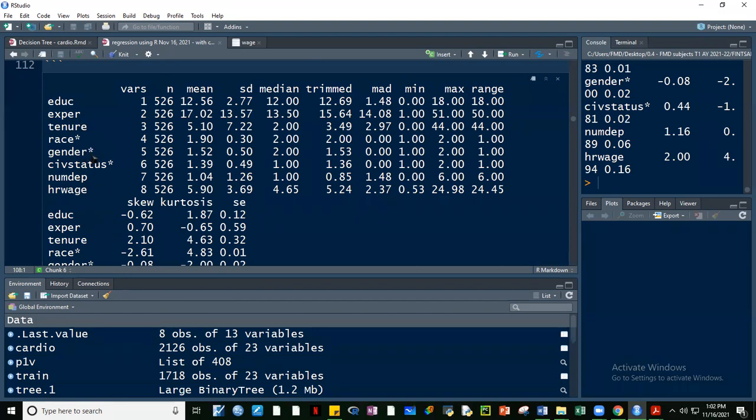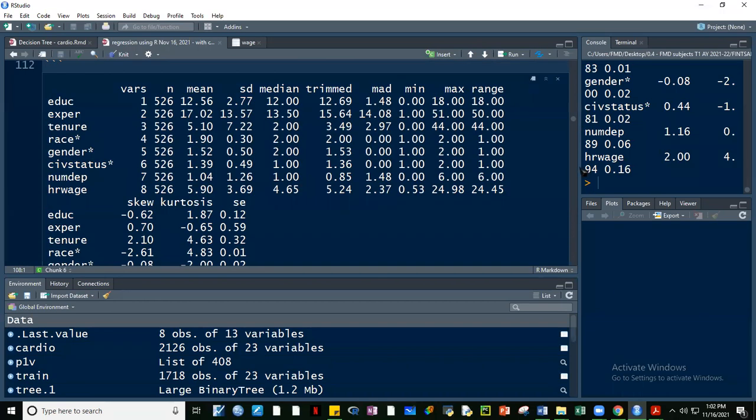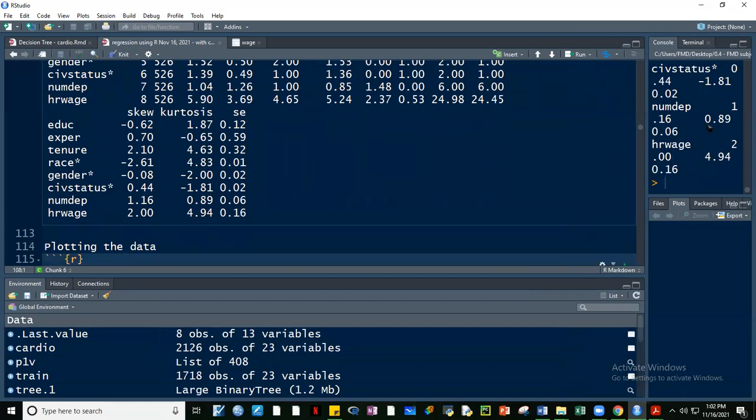So yung race, gender, civil status, naka-asterisk siya. Ibig sabihin, these are qualitative variables. So walang ibig sabihin yung mga mean, median yan. Okay? No meaning at all. Ang may mga meanings lang yung mga quantitative variables. Okay? It includes